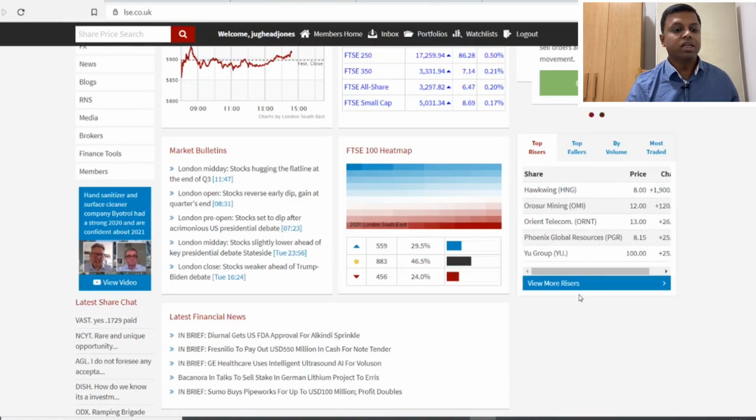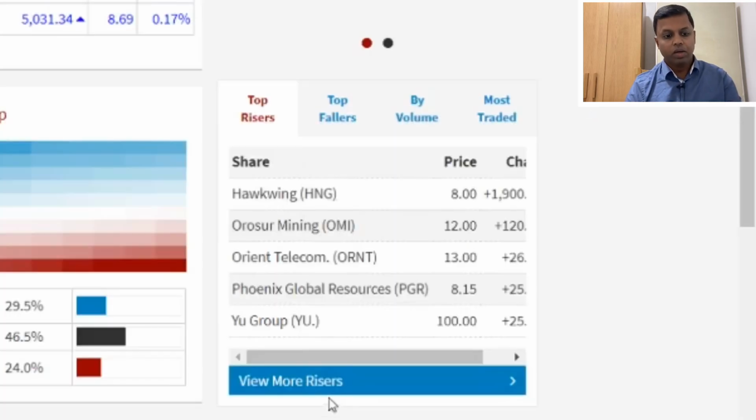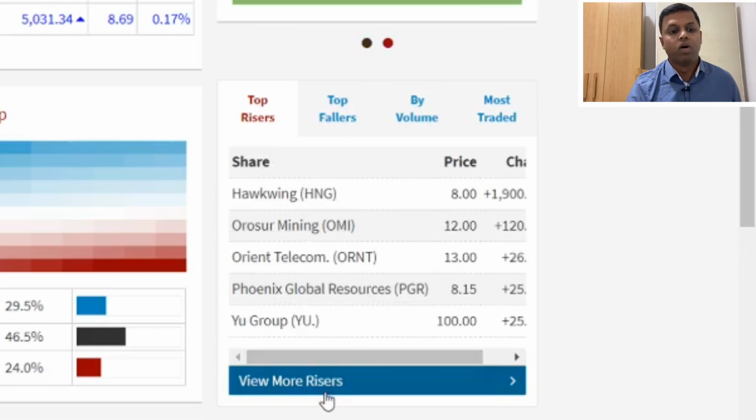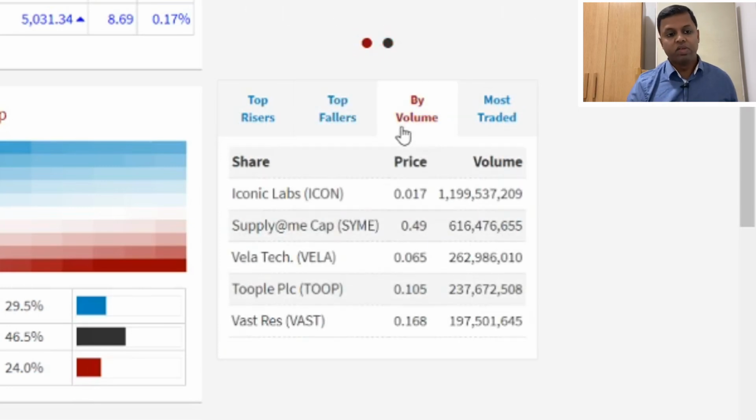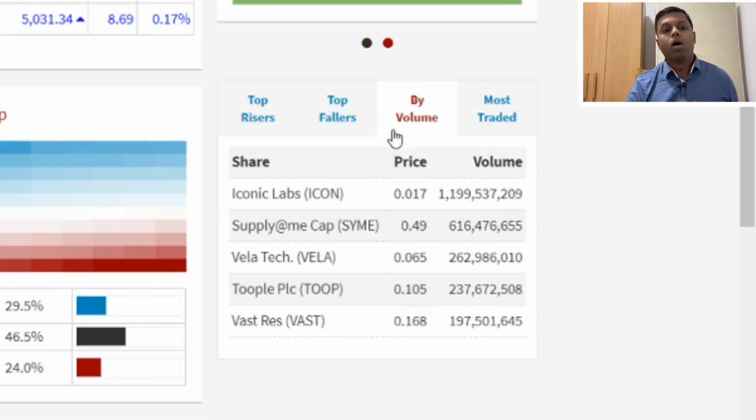You will see that there is a section here on the right called top risers and top fallers. That gives you, every day, the shares that are going up and the shares that are falling down for that particular day. On top of this, which is a good indicator, you will also see that there is a tab called volume,